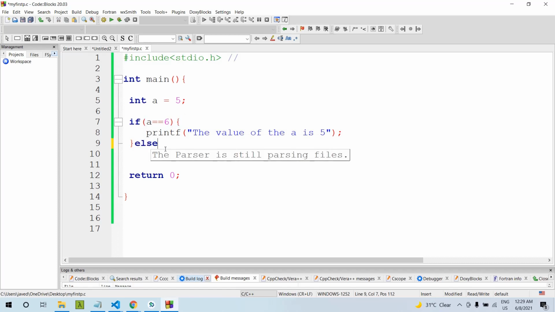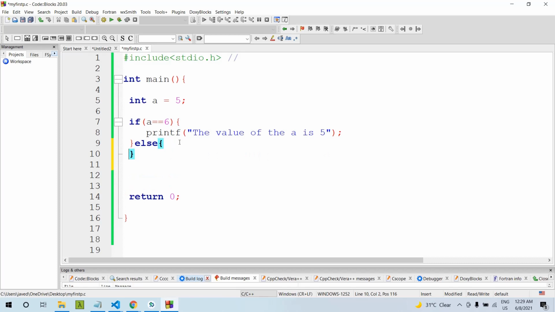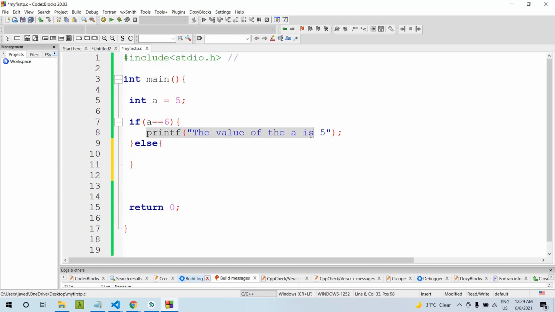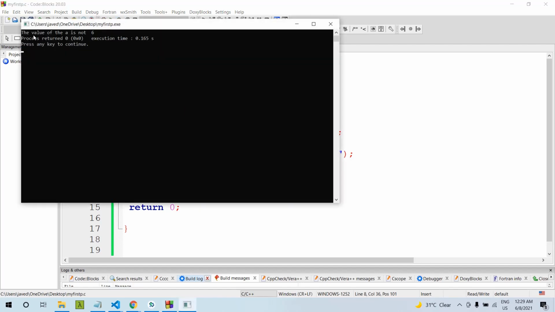Here we have else as well, if else. If a is equal to 6, then print this, else print the value of a is not 6. You can see the value of a is not 6.